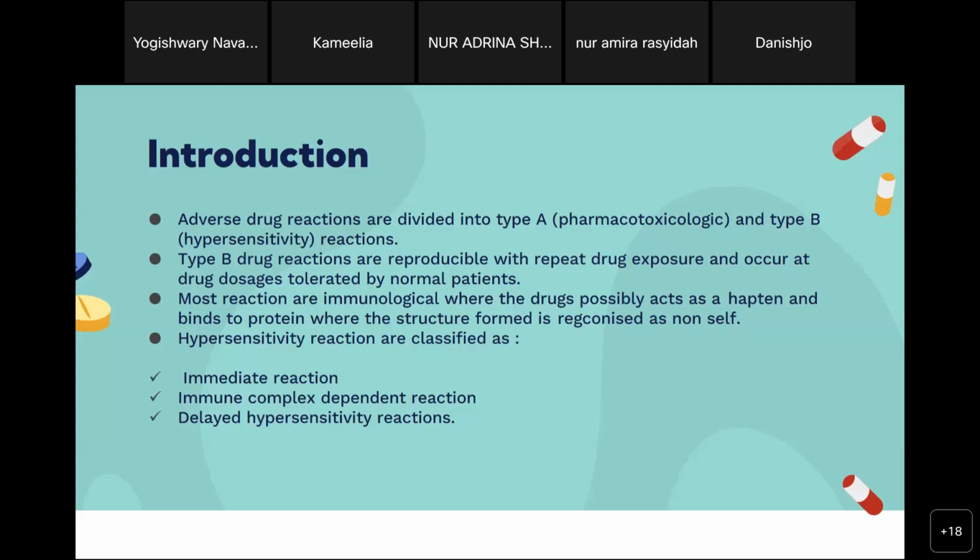And these type B drug reactions are reproducible with repeat drug exposure and occur at drug dosage tolerated by normal patients. So these reactions are immunological, and these drugs act as hapten and bind to a protein, where the structure formed is recognized as non-self. So this triggers the immunological reaction, and it can further be classified into immediate reaction or immune complex dependent reaction and delayed hypersensitivity reaction. So in my next slide,